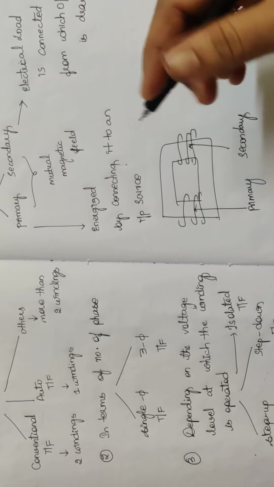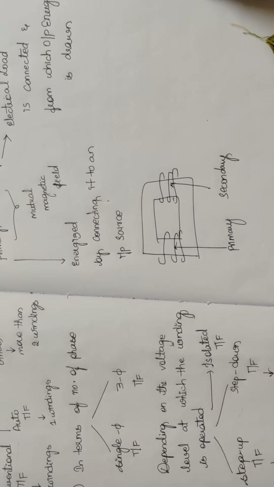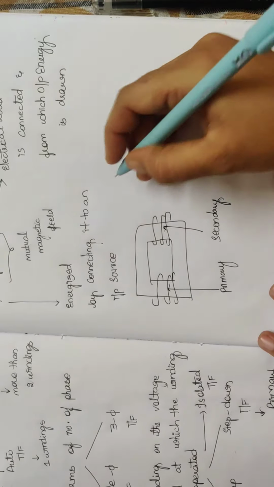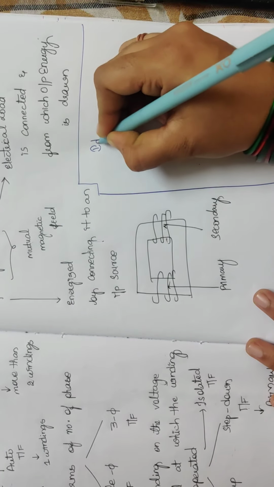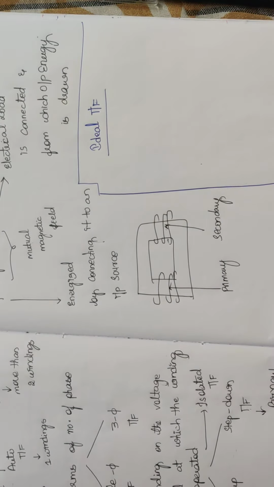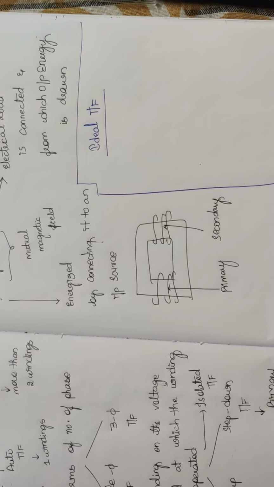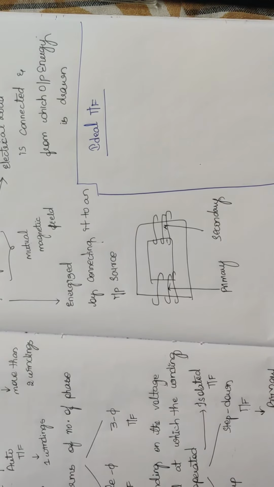Now here, before going to the step up transformer and the step down transformer, we need to know about an ideal transformer. Actually an ideal transformer will not exist, but we need to study what properties hold for an ideal transformer. Every electronic gadget cannot be ideal practically, but we need to know what losses are not present in the ideal and what losses are present in the practical transformer. So let me see first what is an ideal transformer.